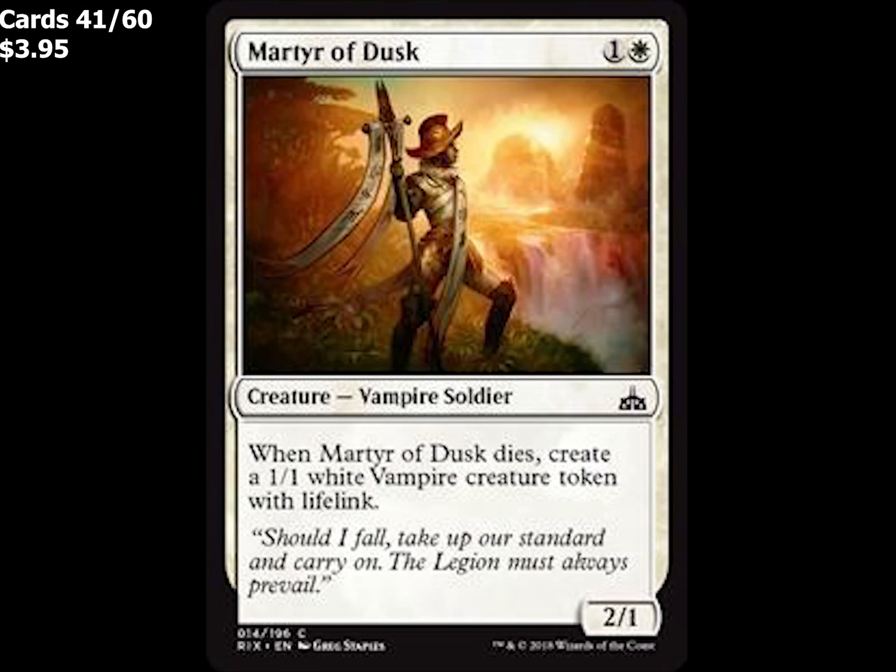lands in this deck. Martyr of Dusk is a 2/1 creature, and when it dies you create a 1/1 vampire token. So we want lots of these tokens, so we actually want this card to die. We want to use it as a chump blocker, we want to attack with it all the time, we want it to die, and then we want to bring it back from the graveyard with our bishop and have it die again. We're going to add 4 of these to the deck, and they're also going for 15 cents a